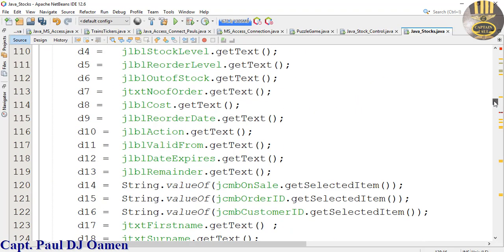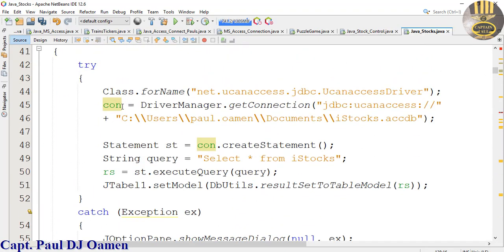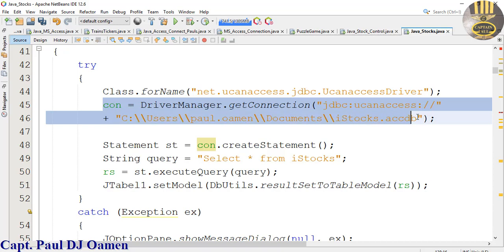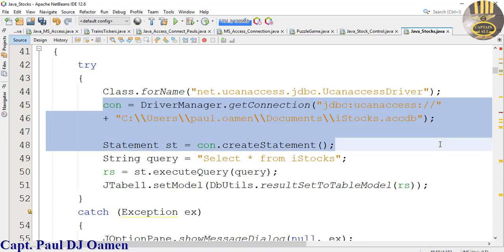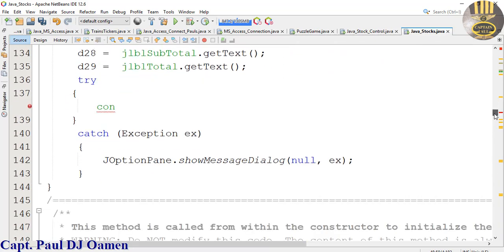I might as well just copy that as well. There we go. Grab hold of that with my database address, everything. And this one, I'm going to need that as well. Okay, let's just copy all of that, bring it down right here, paste,